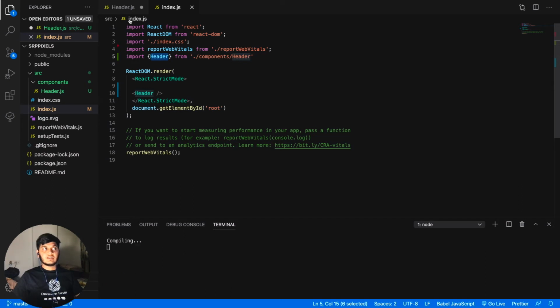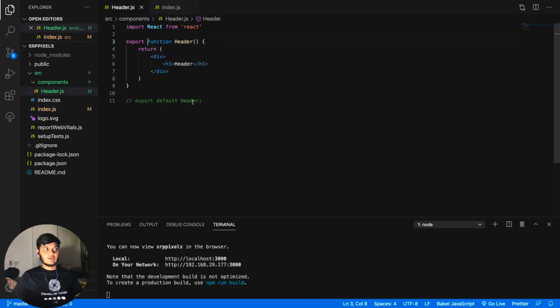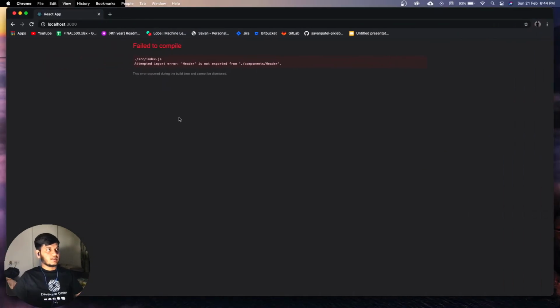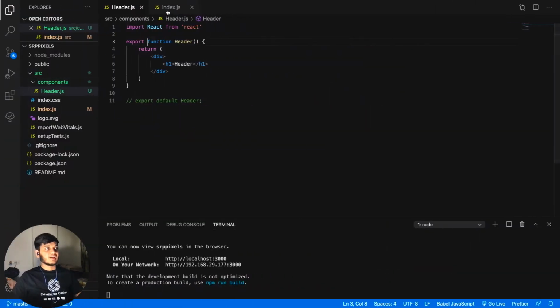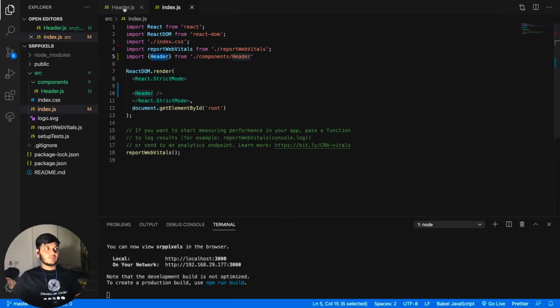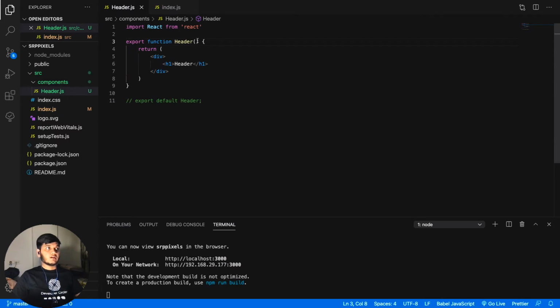Let me save both the files, and our project is running. As you can see, there's no change. It's up and running. Let's see some more ways to do so. You can also create a function in this manner: export const, then the variable name, and you can store that function into this variable header.